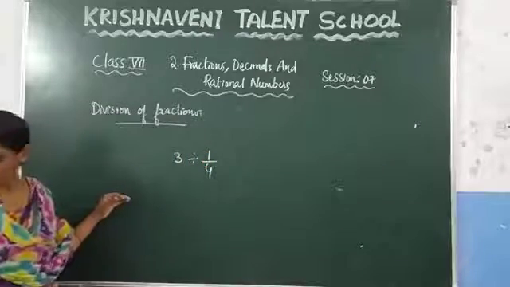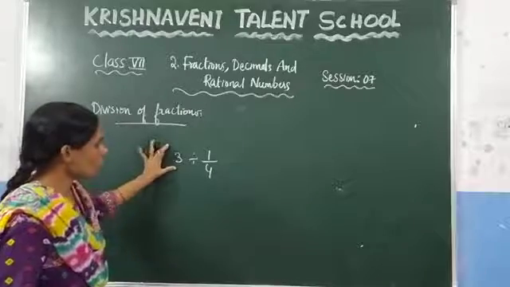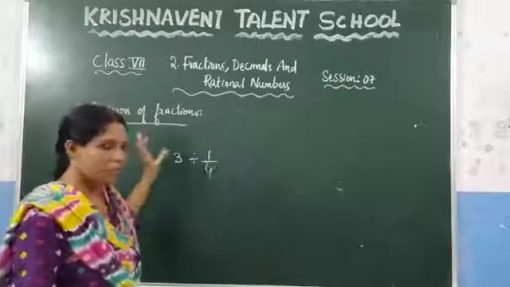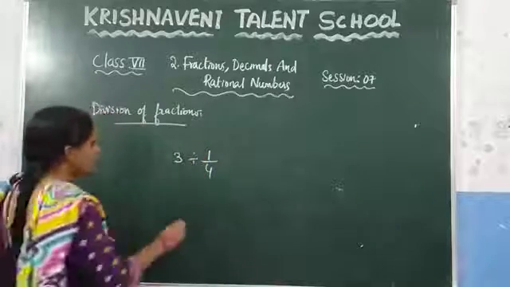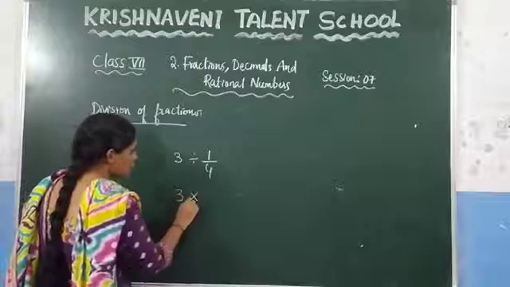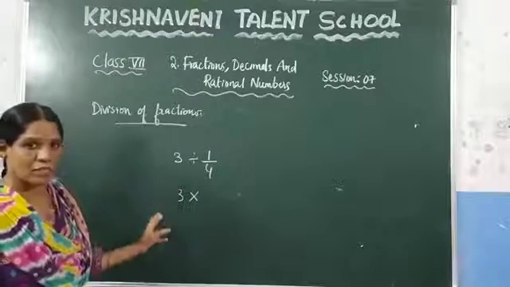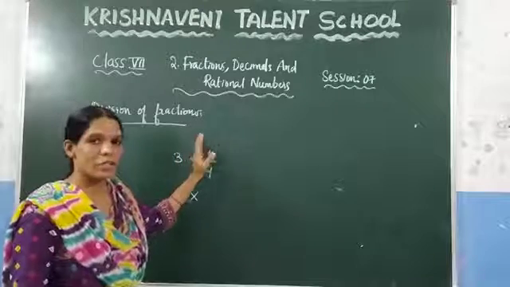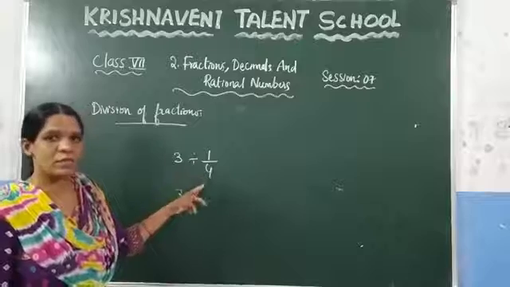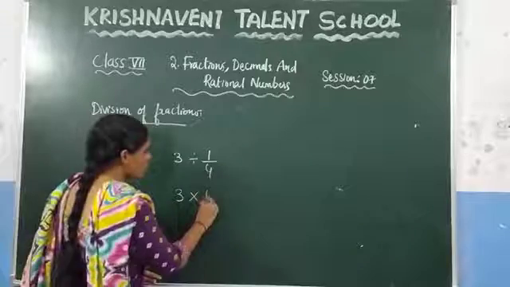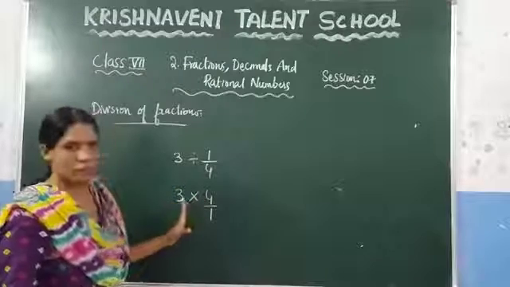Here, what we have discussed first is the division of a whole number and a fraction. That means if you are given any whole number and a fraction and you want to divide them, how do you divide? In case of division, keep multiplication. If you are keeping multiplication, what is our next step? You need to write the reciprocal of the next number. What is this number? 1 by 4. What is the reciprocal? Which is nothing but 4 by 1.